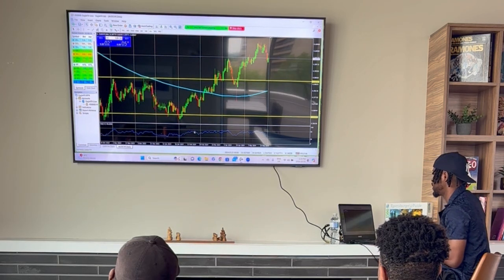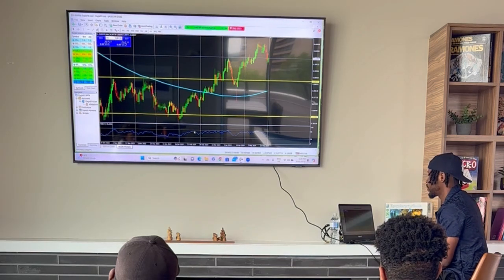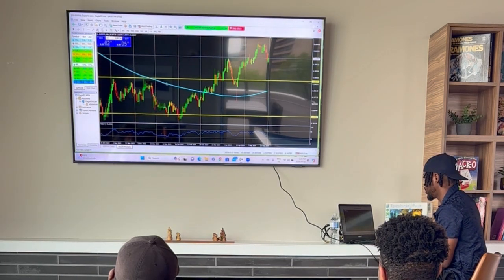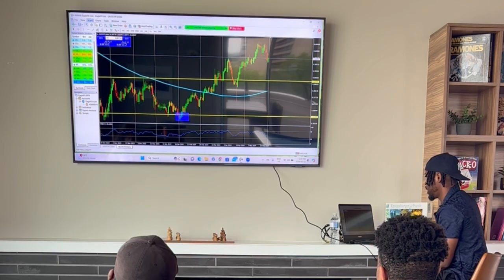So now what's the next step? So the trend is bullish, right? So now what's the next step? Exactly. So now all you have to do is grab your rectangle boxes, right? You have the low right here. And then the market went all the way up to give you what?